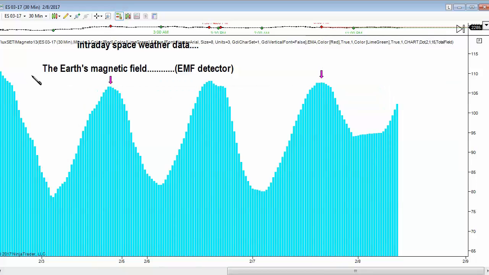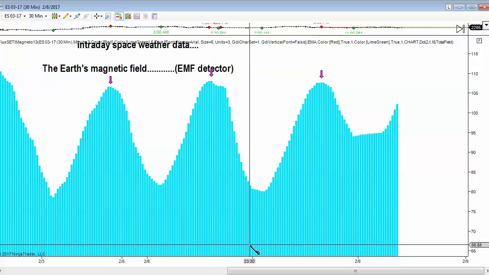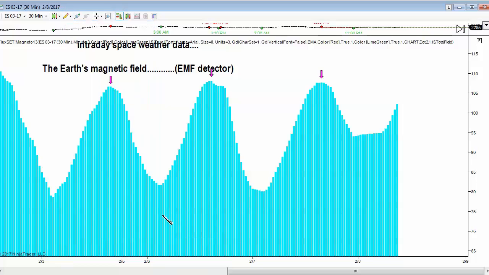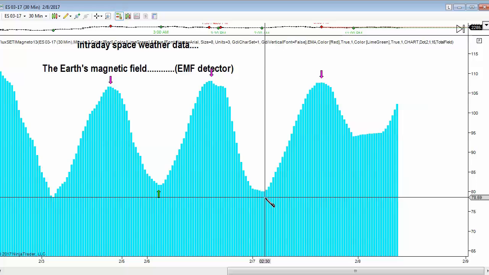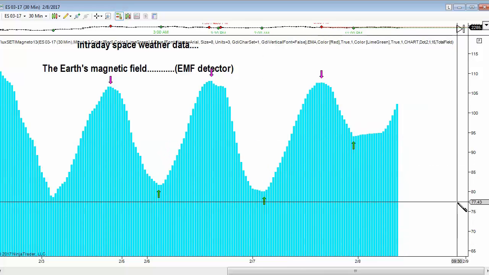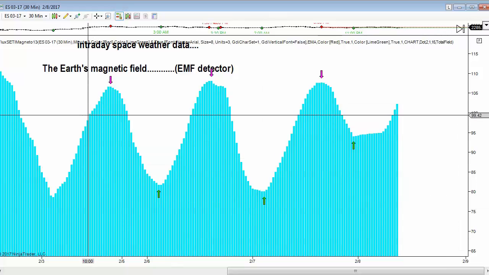So everywhere there's a high, we put a red dot, just like our flux histograms. And then everywhere there's a low, guess what we're going to put on the bar when it forms? We're going to put a green dot. Because just like our solar cycles,